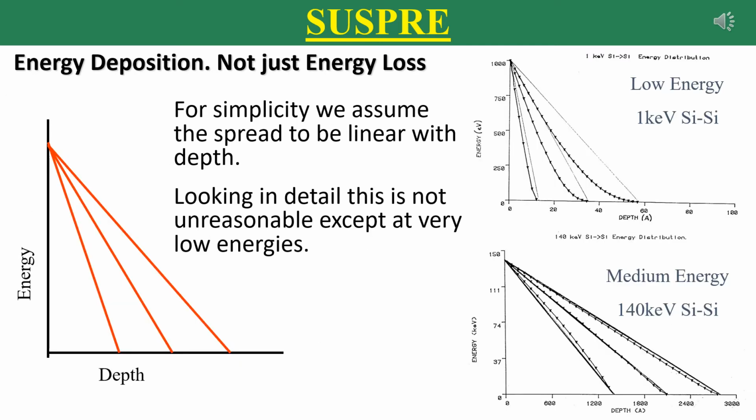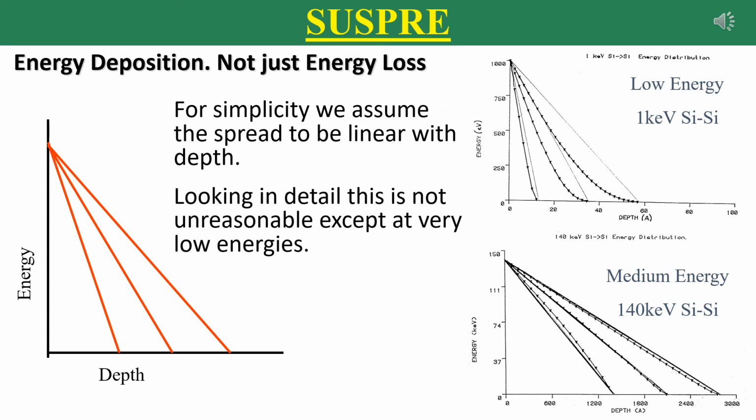We assume the spread of the energy loss is going to be linear with depth, so it starts off monoenergetic at the top and then spreads down to the Gaussian profile when the energy is zero, and as we spread down, we gradually, linearly spread out the standard deviation effectively as the depth increases. That makes it much easier and quicker to calculate things,